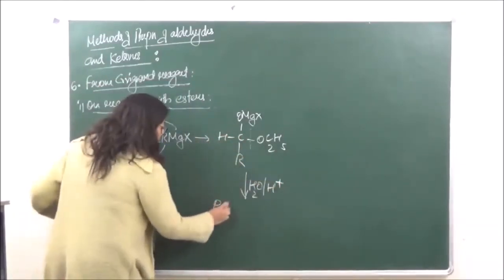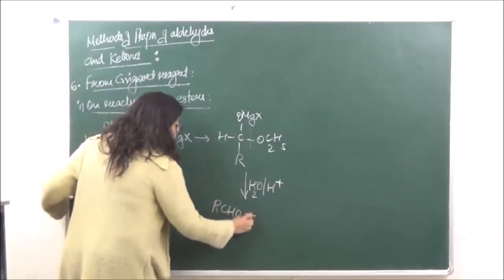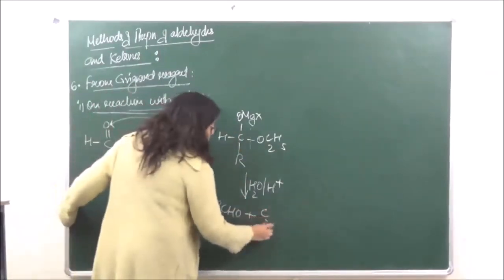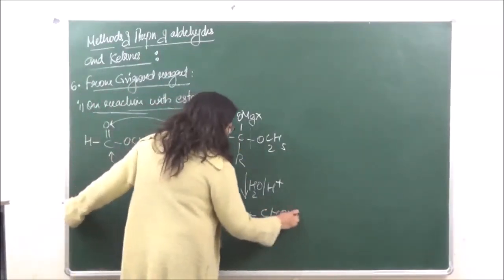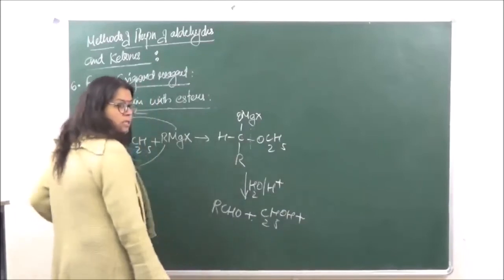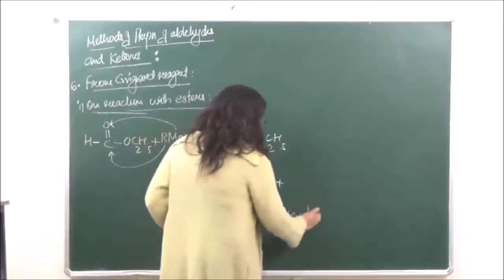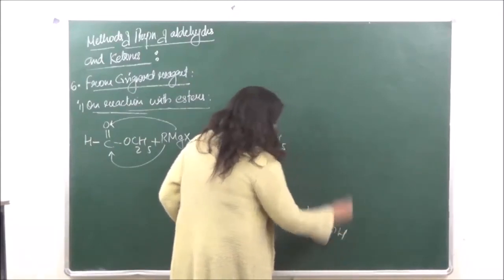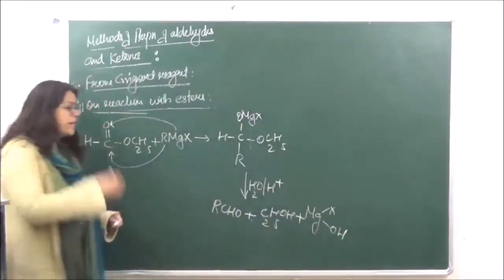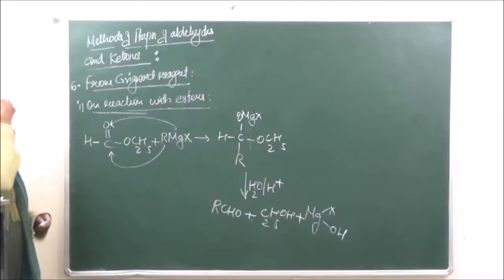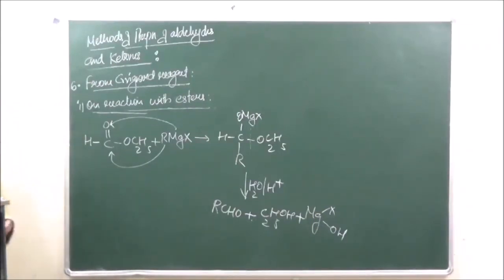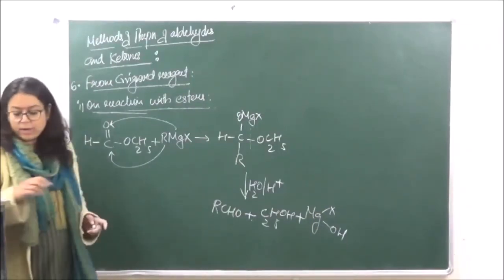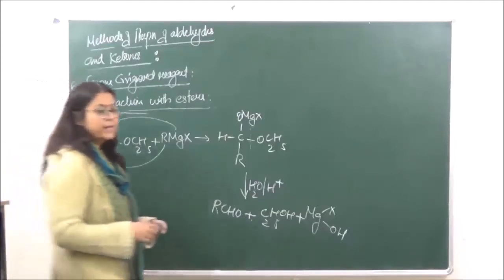RCHO plus C2H5OH plus MgX and OH. If we are taking higher esters over here, like we are taking over here ethyl ethanoate,